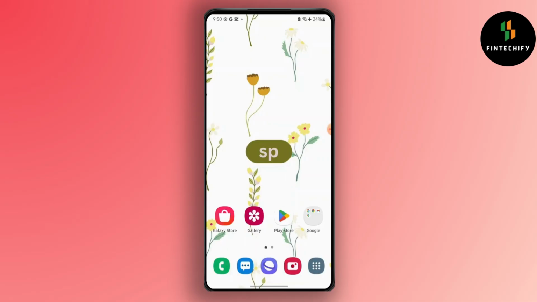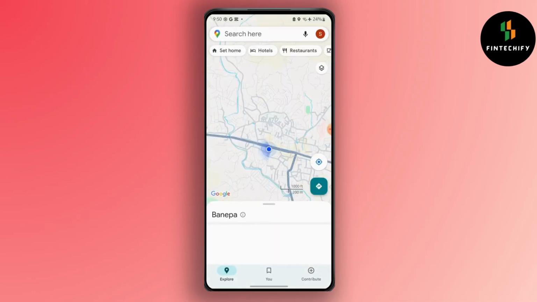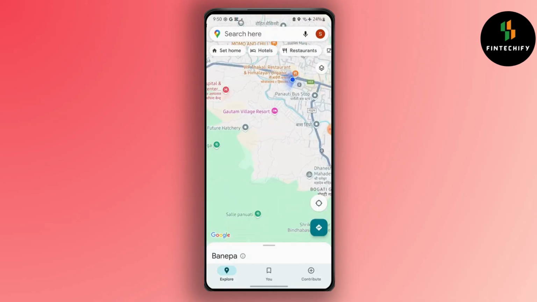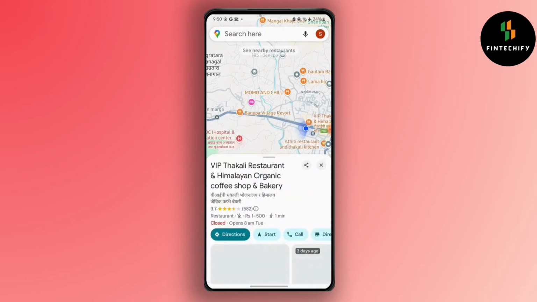First, launch your Google Maps. After that, simply select a location where you want to see the old view of. Pin a location